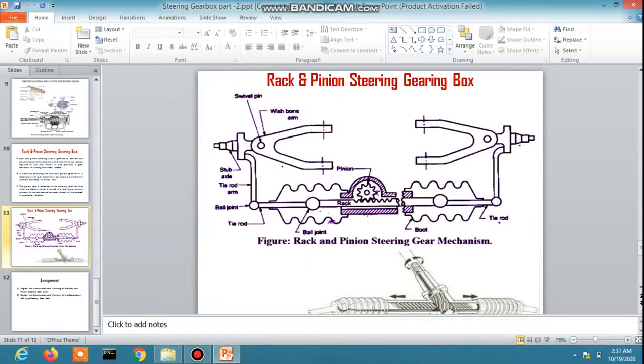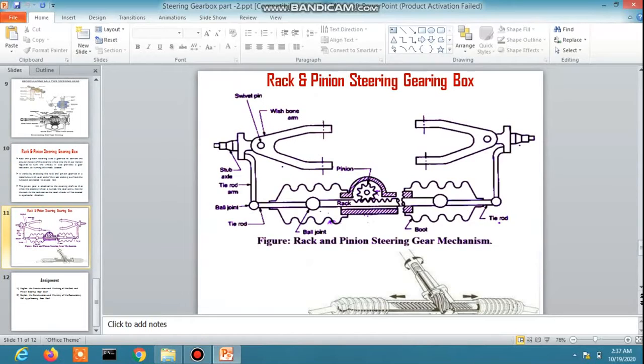This is the steering shaft, and the steering shaft goes to the rack and pinion housing, or rack and pinion gearbox. The end of the steering shaft is connected to the pinion. The pinion is meshed with the rack,